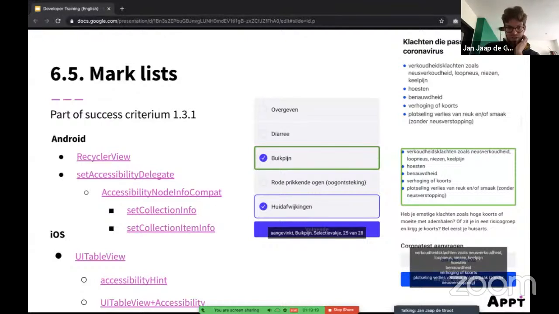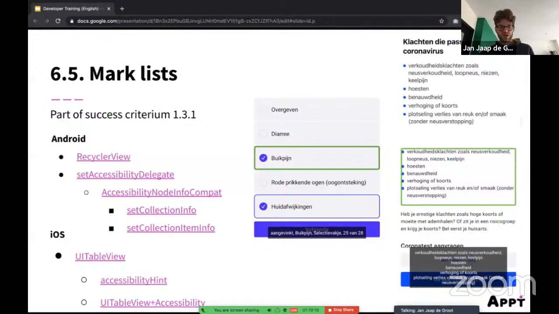Well, you can use accessibility hint on each item. You get the row number and also the section, so then you can make your own message and put it in accessibility hints. So if people are in the second list item, you can give them a little bit of a hint where they are. One thing that I made is an extension of UITableView, which does this automatically.